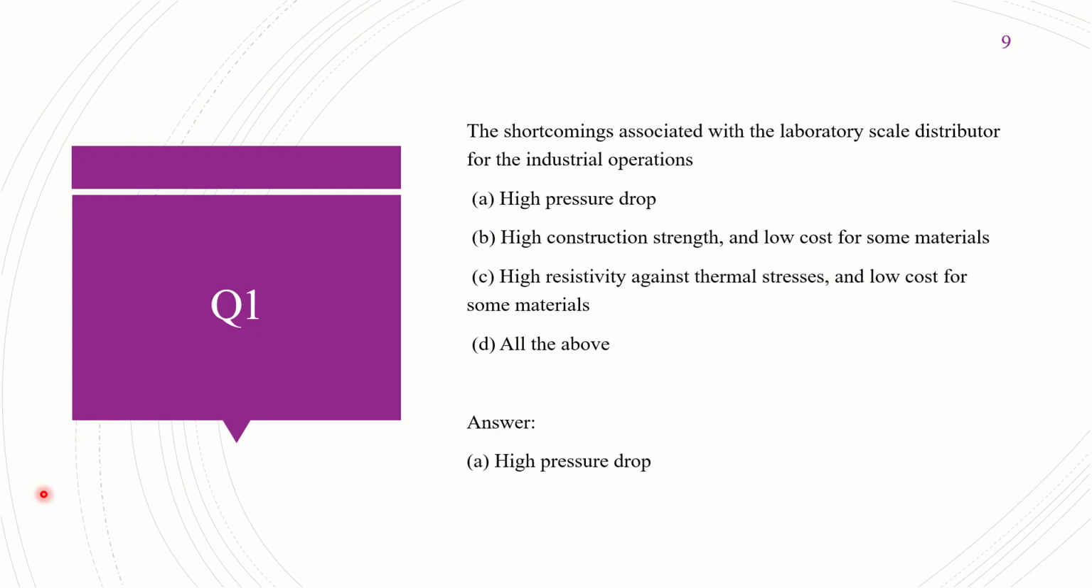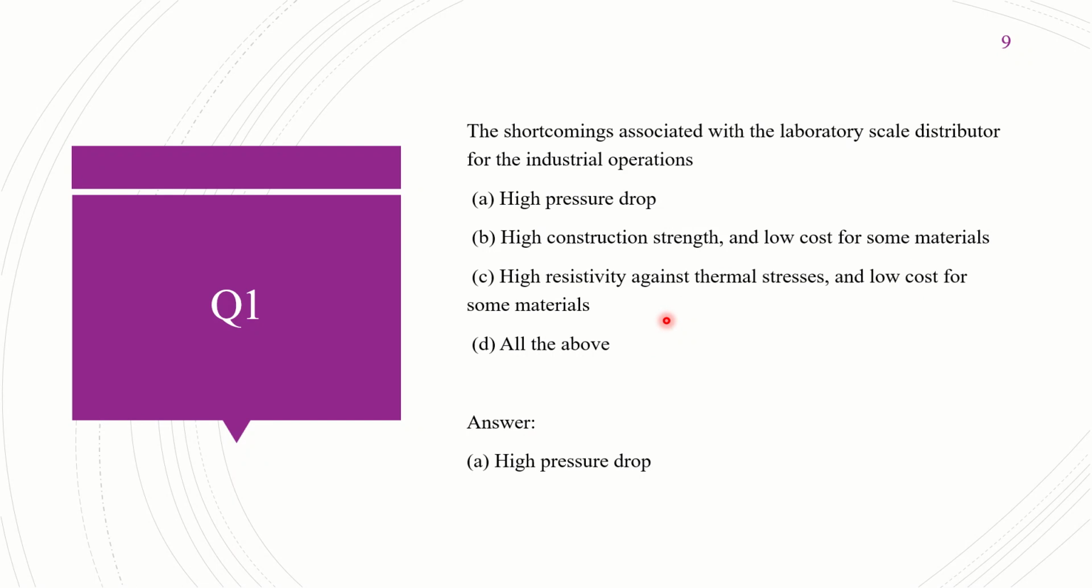So yeah, we'll start today's problems. Question 1: the shortcomings associated with a laboratory scale distributor for industrial operations are: A, high pressure drop; B, high construction strength and low cost for some materials; C, high resistivity against thermal stresses and low cost for some materials; D, all the above. When we use a laboratory scale design for industrial scale operations, in the first slide itself we saw there are a few